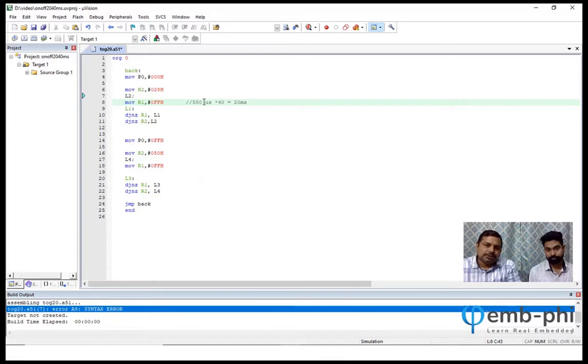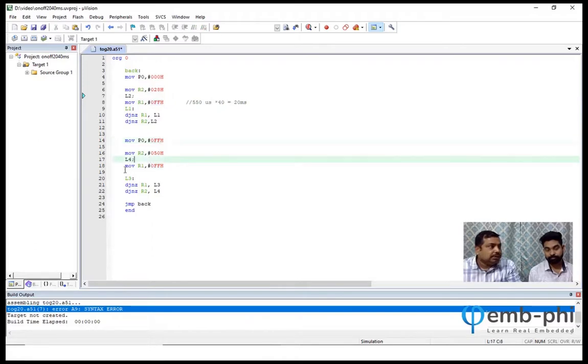Because when this goes 2 times, it will give 1 millisecond, so when it goes 40 times, it will give 20 milliseconds. So I did a simple nested loop. How it will work? First this will loop. Once it finishes, it will come down and R2 will decrement 1 time, and again it will be reloading this, and going again, like that. It happens this many times. Once this also becomes 0, I'll change the port.